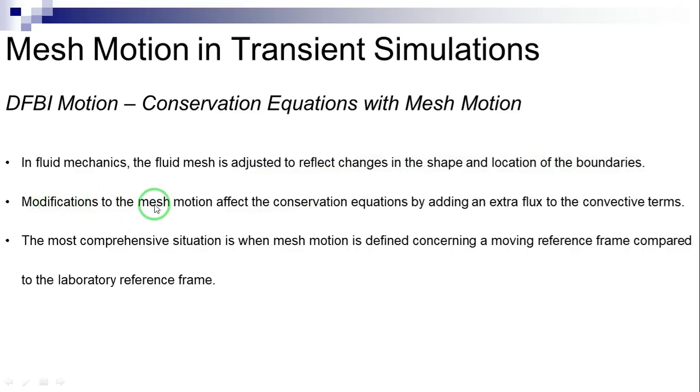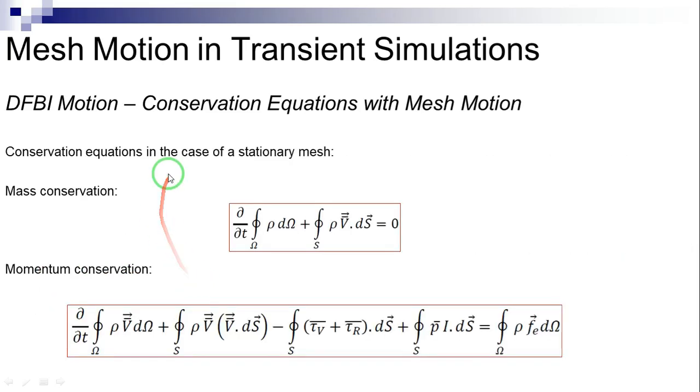Modifications to the mesh motion affect the conservation equations by adding an extra flux to the convective terms. If the motion is described relative to a moving reference frame, the momentum equation incorporates fictitious forces resulting from the non-inertial reference frame. The most comprehensive situation is when mesh motion is defined with respect to a moving reference frame compared to the laboratory reference frame. The conservation equations in the case of a stationary mesh are presented here: mass conservation and